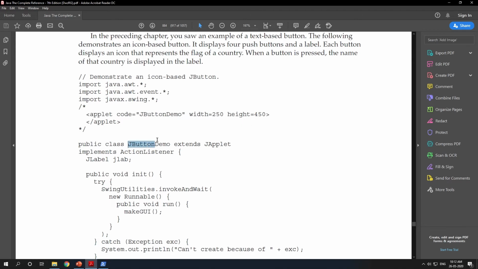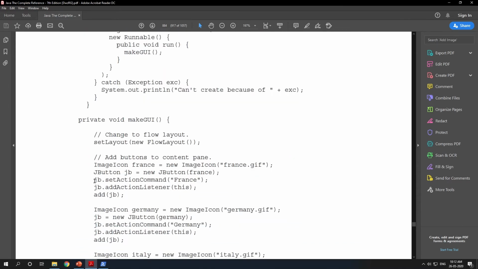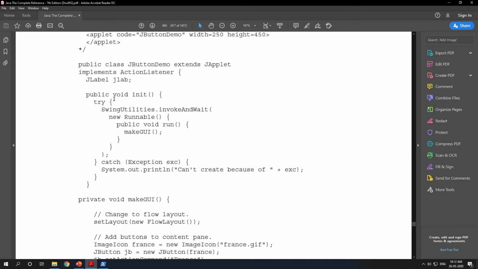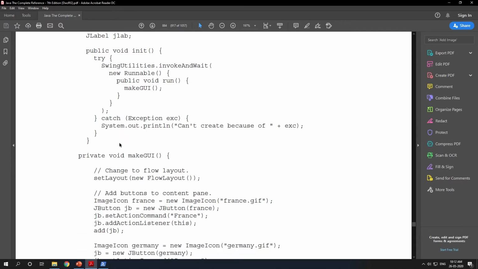But this class is implementing the ActionListener interface. That's why you are just adding the listener and you are going to write the body for actionPerformed. Now a question arises: sir, if we are implementing this ActionListener interface, you are going to write the body for actionPerformed, so we cannot write different bodies for different buttons. There will be only one body. Yes, at that time how does the actionPerformed method differentiate different types of buttons?